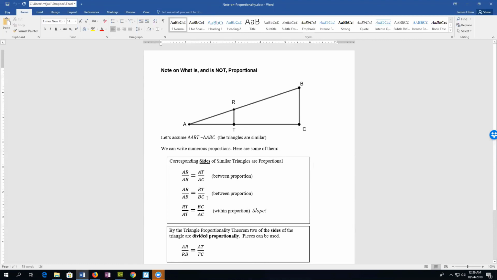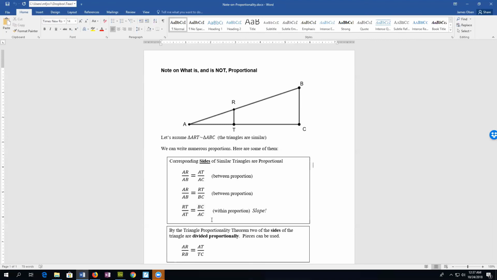This is a within proportion because on the left-hand side, the two segments come from within a triangle. And the right-hand side, the two segments come from within one triangle. By the way, this is slope. And this is why fractions and proportions and similar triangles are so important,